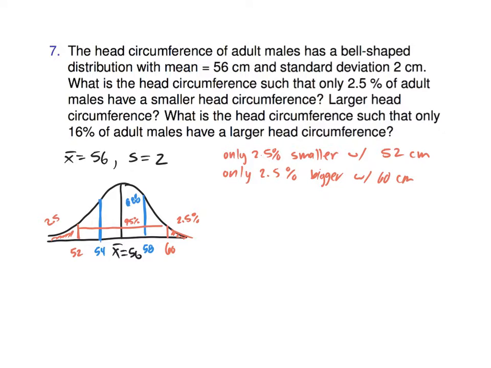And then the last one is only 16% bigger. That's at 58. And the reason is that 68% fall within the blue lines, leaving 32 left over, right? The half 16s below, half 16s above. I think the question that maybe you were going to ask was, are we ever going to get a number that isn't 2.5 or 16? No, okay, that's not the question. But the answer for that question is that you won't, because you're using a special rule and they have very special numbers for that, okay?